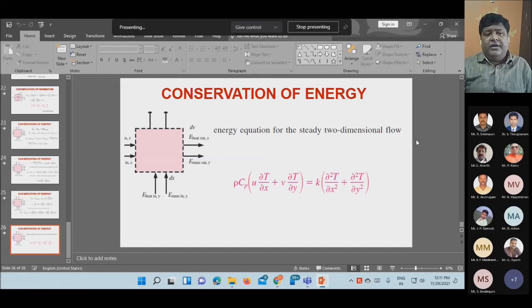In convection, we study the hydrodynamic boundary layer and the thermal boundary layer, which are very important. In the hydrodynamic boundary layer, we try to understand the friction and shear stress involved in the flow, which affect the pumping power. We try to understand the thermal boundary layer to see how quickly heat can be transferred. And we saw the basic law used in convection, that is q = hAΔT, Newton's law of cooling.